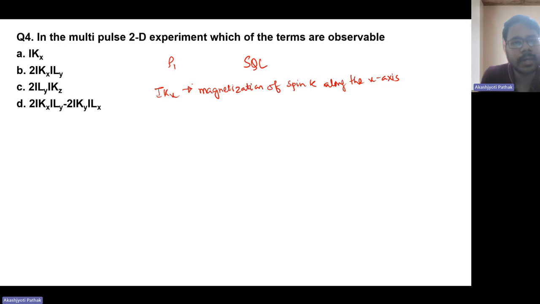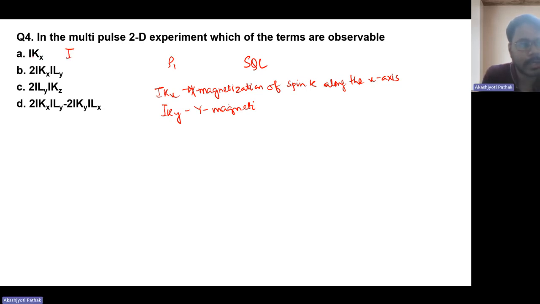Or you can also write it in this form, X magnetization of spin K. Similarly, IKY, what does IKY mean? It is Y magnetization of